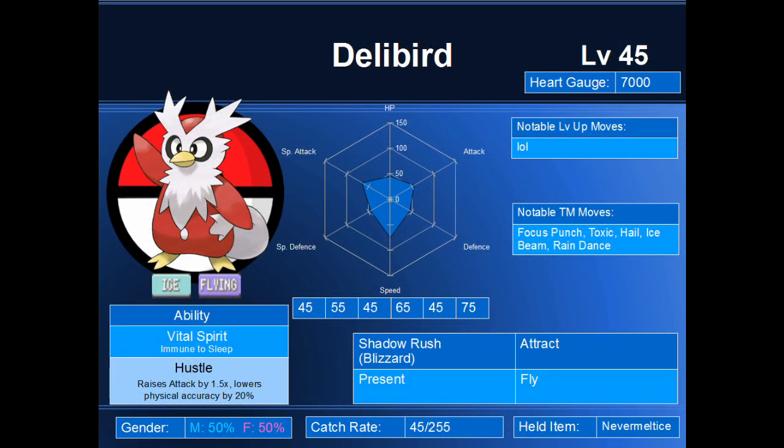Delibird is, well, Delibird. Yeah, look at that small stat graph. Put simply, Delibird is one of the few intentional joke characters in Pokemon. Its stats are bad, its typing is bad, it has one ability that causes more harm than good, and its only move learned by level up is Present. Present randomly attacks with either 40, 80, or very rarely 120 power, but...